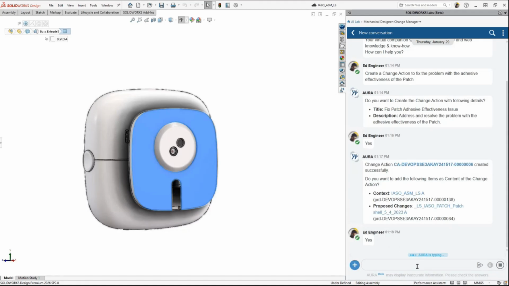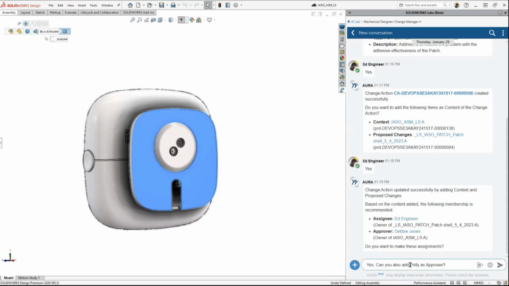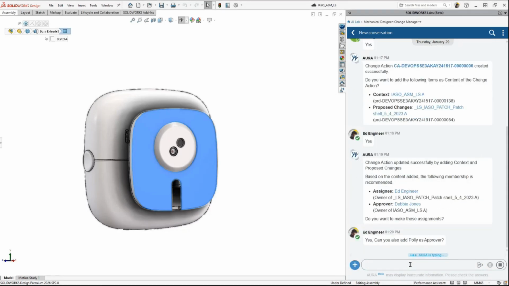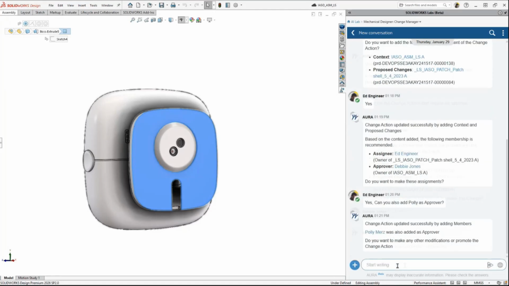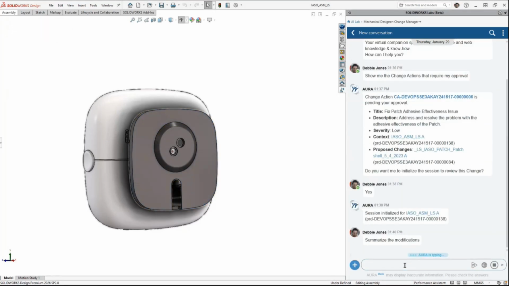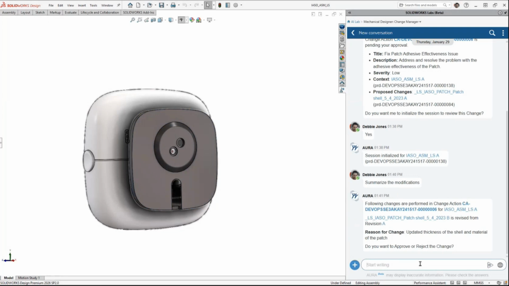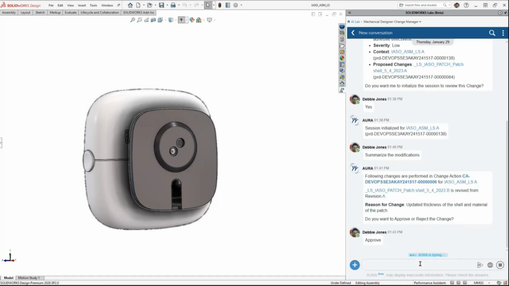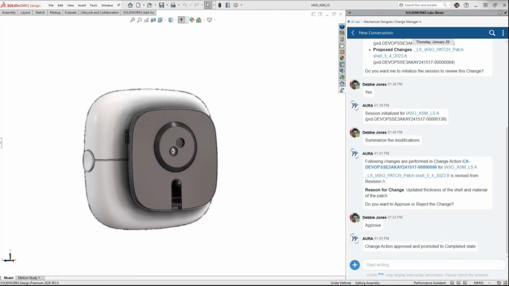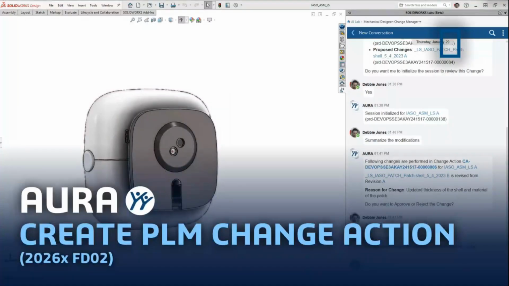Then they are routed intelligently to the appropriate stakeholders. This further removes the friction by having the system handle this type of repetitive tasks, which are not required in the engineering, so they can focus more on the engineering, the non-repetitive tasks. So here our virtual company Aura can help you with that as well.